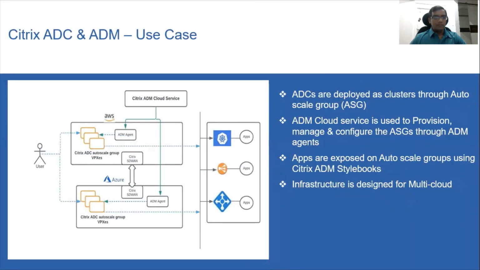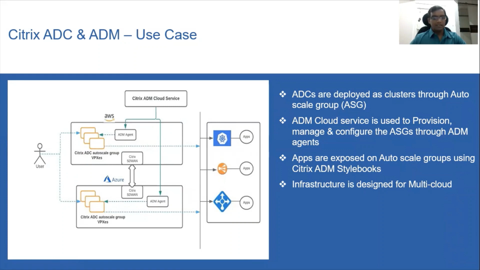Now let's talk about why we need Citrix ADC and ADM in our DevOps infrastructure and how we have used it. Our team is attempting to build a DevOps infrastructure to secure different apps that are behind Kubernetes clusters, AWS NLB, and Azure LB. Hence, we required a common ingress that has layer 7 capabilities and should be efficient against DDoS attacks and other security attacks.